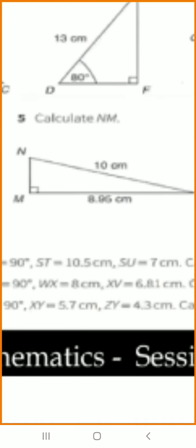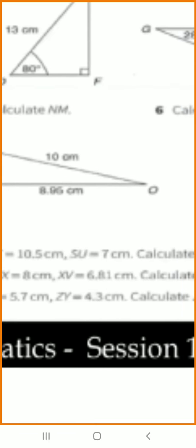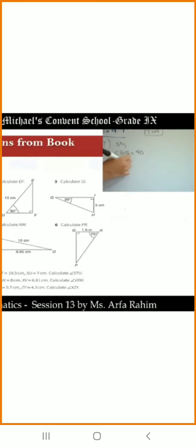angle TUS is equal to 90 degrees. ST is equal to 10.5 centimeters. SU is equal to 7 centimeters. You need to calculate STU. That means that if you make a triangle